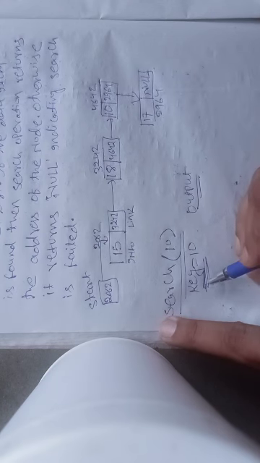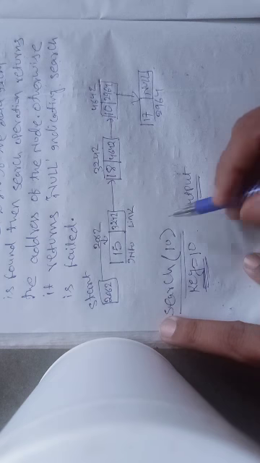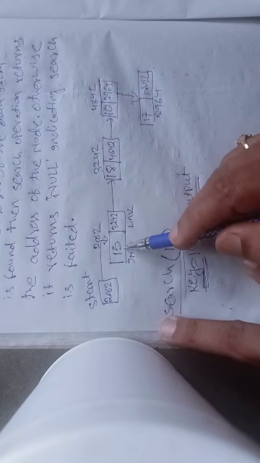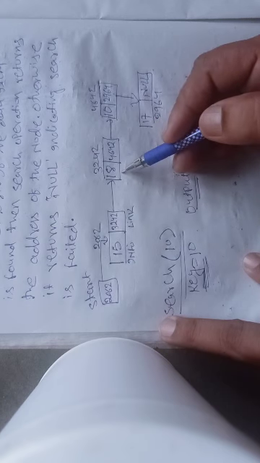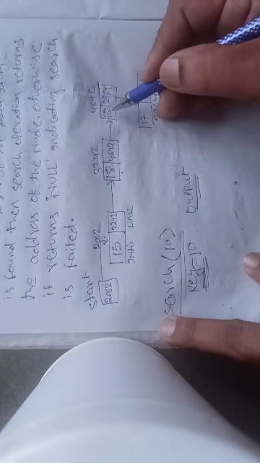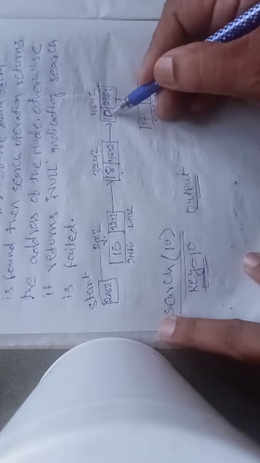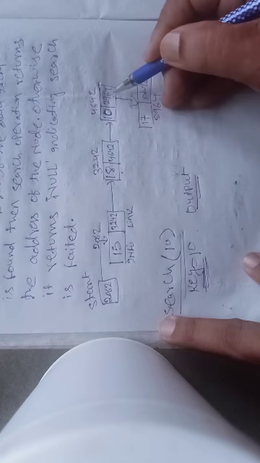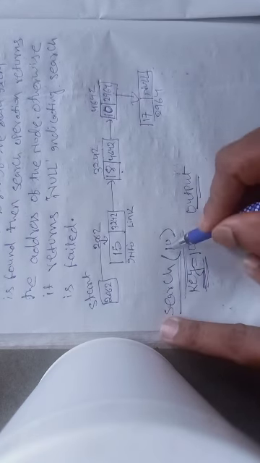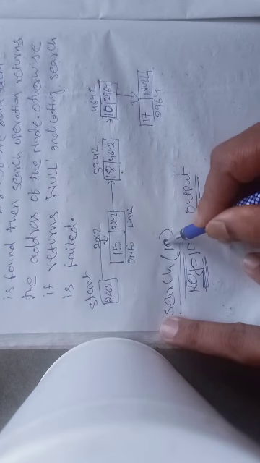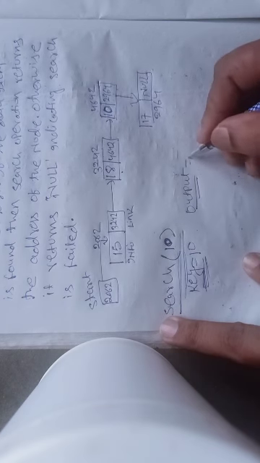First let us check whether 10 is present here or not. In the first node, the info part is 15. So we'll move to the second node. Info is 18. Then we will move to the third node. In the third node we found that in the info part there is 10. And what is the address of the third node? 4642. So if I apply the search operation by providing the key value 10, I will get the result output as 4642.